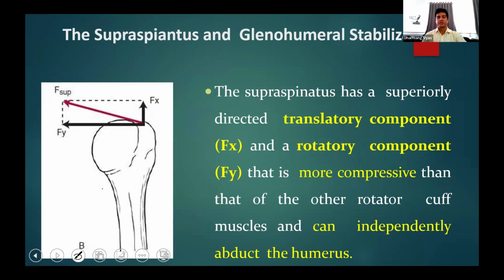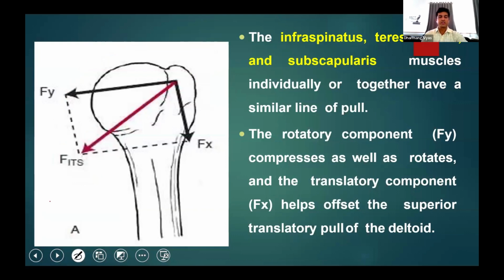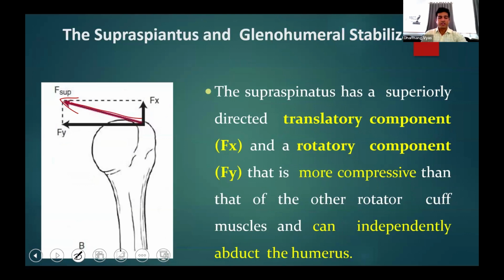Okay. So, supraspinatus and humeral stabilization. The supraspinatus has a superiorly directed translatory force. This is the force of supraspinatus, and the rotatory component is more compressive than that of the other rotator cuff muscles. So compared to these three muscles that we see here, the infraspinatus, the teres minor, and the subscapularis, supraspinatus has a greater role in pulling the head into the glenoid cavity, and it can independently abduct the humerus. Okay, so even if there are injuries to the other rotator cuff muscles, supraspinatus alone is enough to create abduction